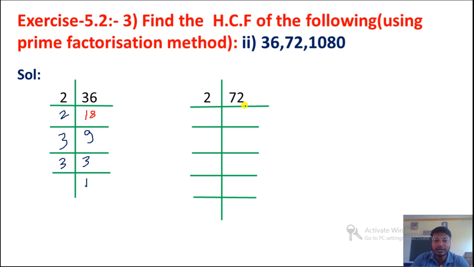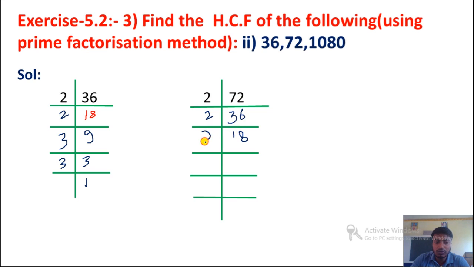In the same way we will factorize 72. 72 is an even number. Here you can see in the unit place we have 2, so easily we can divide by 2. So we will take 2. 2 threes are 6, 1 left, 1 to 12, 2 sixes are 12. We got 36. Again we will take 2. 2 ones are 2, 1 left, 1 6 16, 2 eights are 16. We got 18.